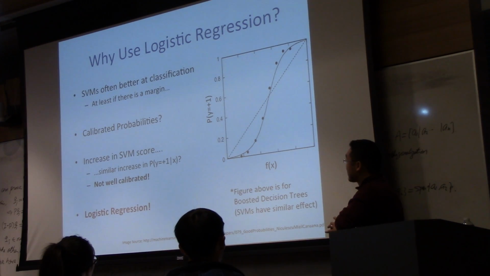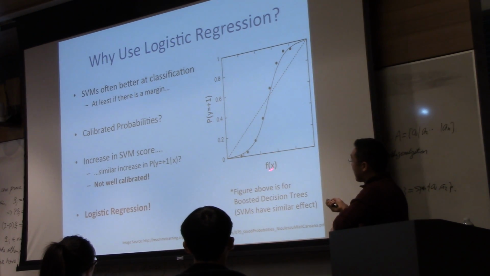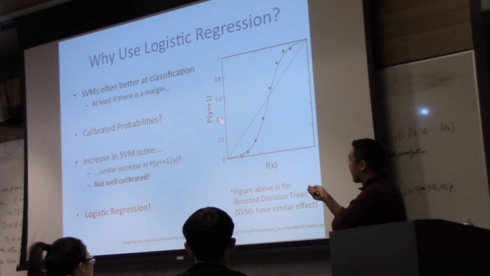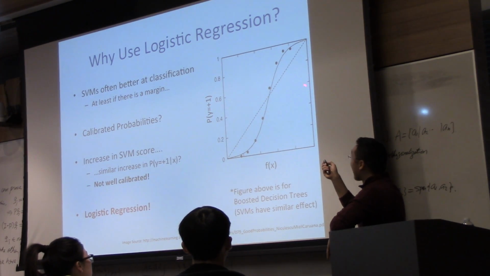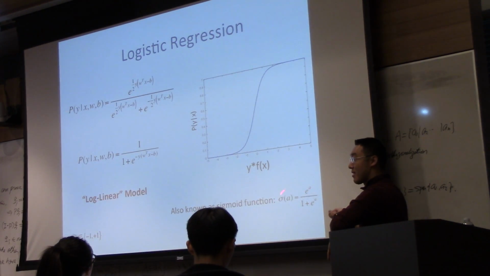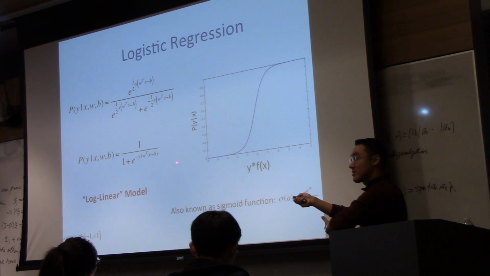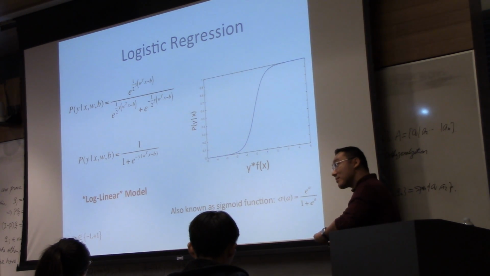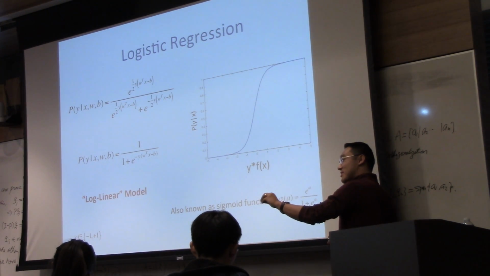Empirically, what people find is that for models like SVMs and decision trees, which we'll talk about later in the course, when they predict a score, as the score increases, the probability of the positive label increases superlinearly and then sublinearly, right? And if you look at this type of function, it's basically saying, pretend that x is the score, a single one-dimensional x, and it's the output of an SVM. We want to convert the output of an SVM into a calibrated probability, right? Like when the SVM predicts this score, it corresponds to an 80% chance that the label